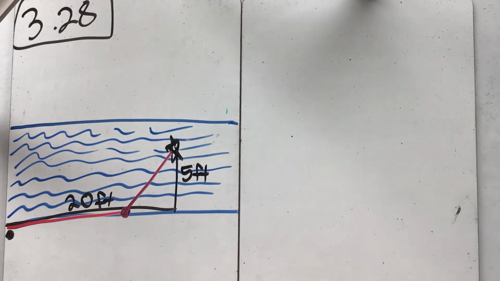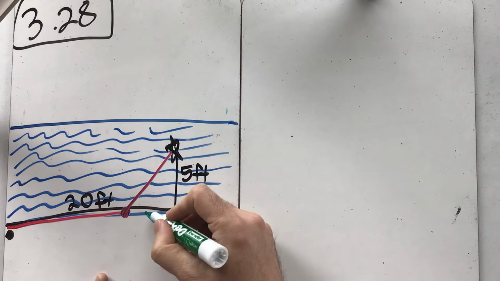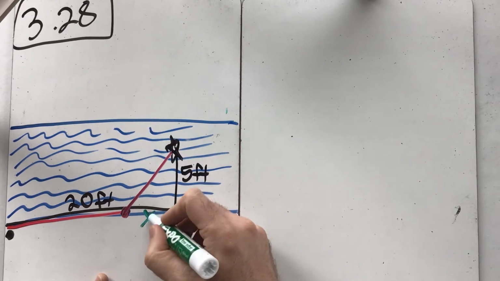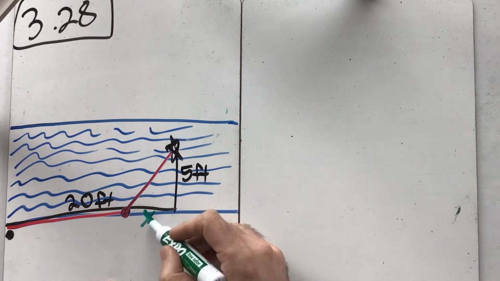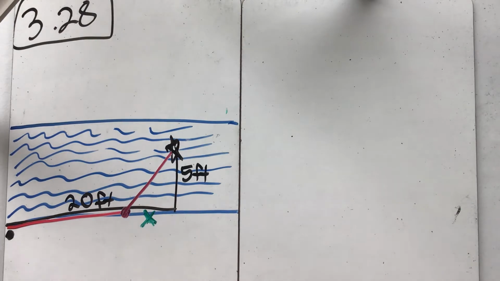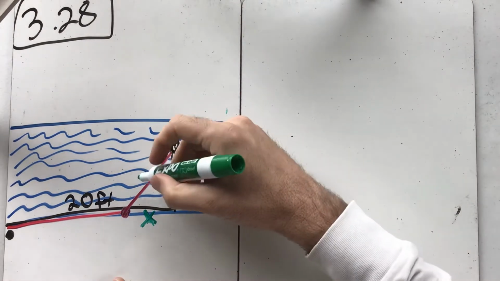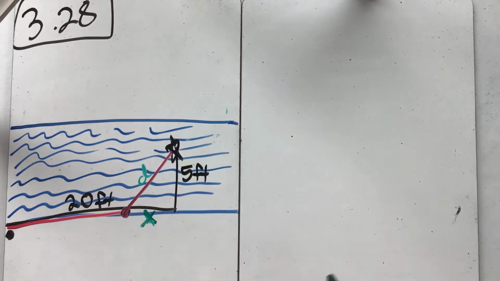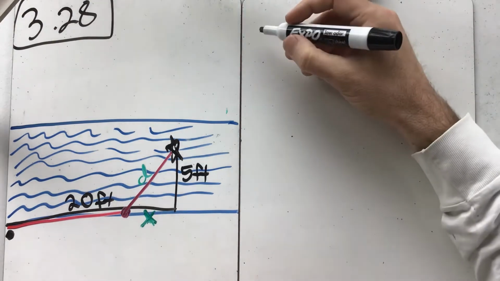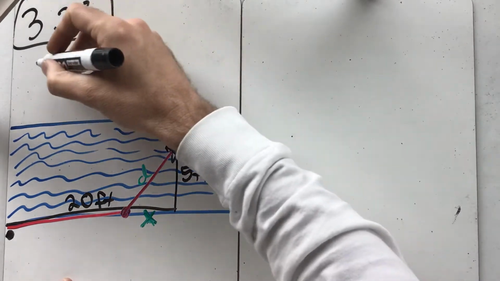So what we're going to do is try to solve this problem, and we're going to solve it together. And the way I'm going to solve it is I'm going to call this value right here x. And then we can see we have an x, and that's actually the only variable we need in this problem. Actually, there's one other variable. There's x, and then there's this distance right here, which is d. So let's figure out how long it takes the dog to make this trip. So the time spent,